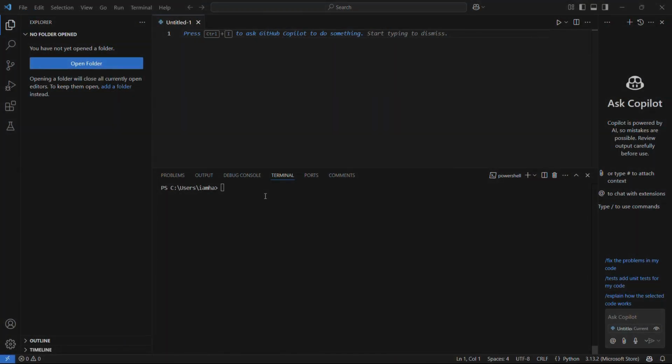Welcome to this tutorial. In this tutorial, I'm going to show you how you can uninstall NumPy from your system using VS Code. So in order to do this, first let's open our VS Code and then head on to the terminal window. In the terminal window, you need to type in the following command, which is pip uninstall